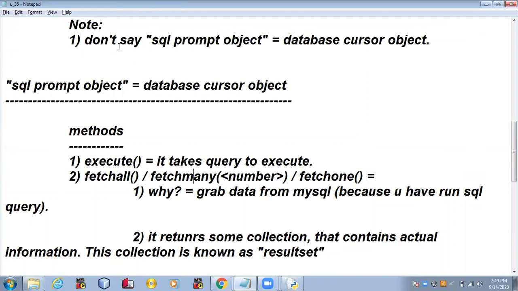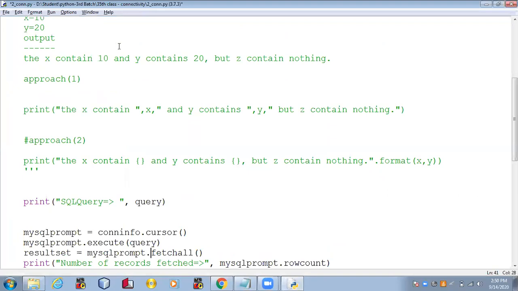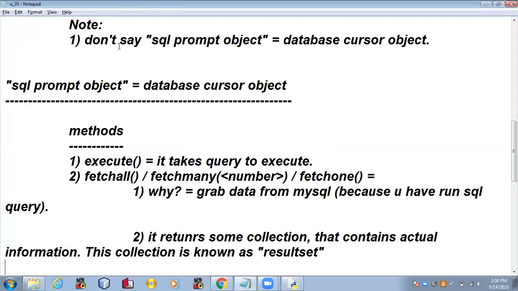I will give you the demo of the fetch many and the fetch one. As of now, I'm going to use the fetch all method. By calling the fetch all, it means I want to grab every row's data, right? Once the data is grabbed successfully, it returns information in some collection, and that collection is known as the result set, kind of